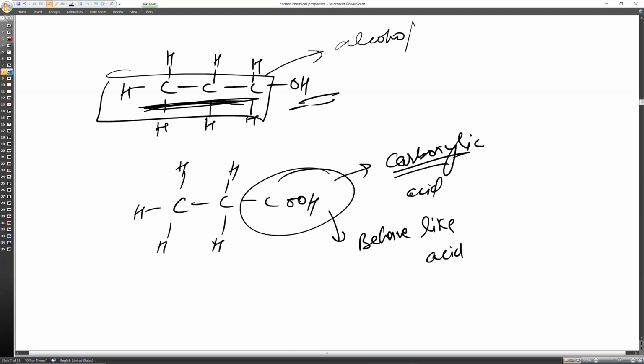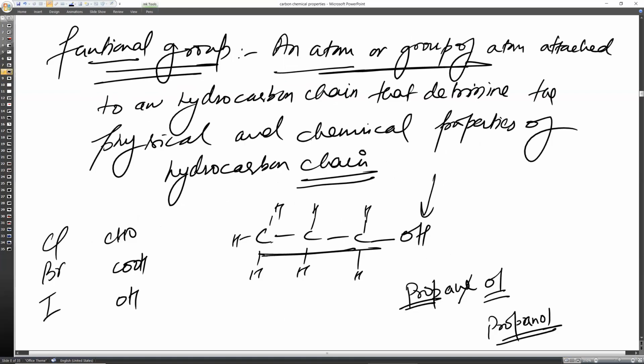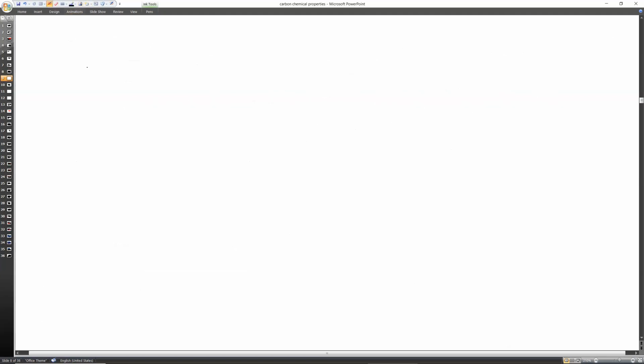So this is the definition of the functional group: an atom or a group of atoms attached to a hydrocarbon chain that determines the physical and the chemical properties of that hydrocarbon chain. We call them functional groups. For example, writing the suffix,